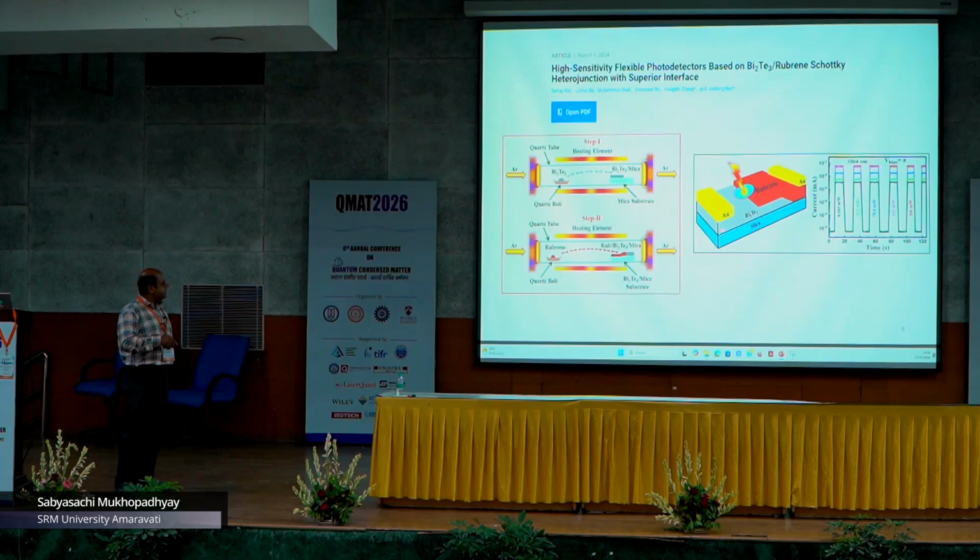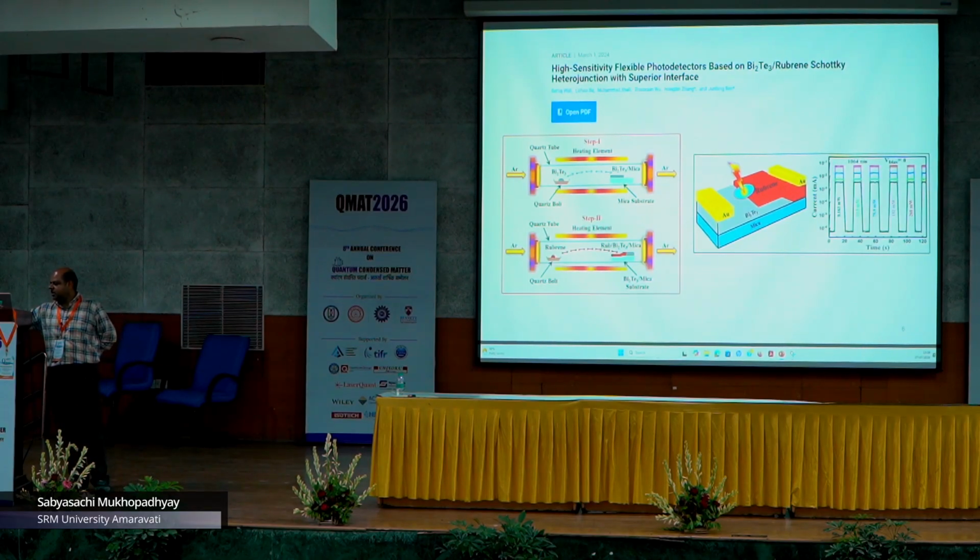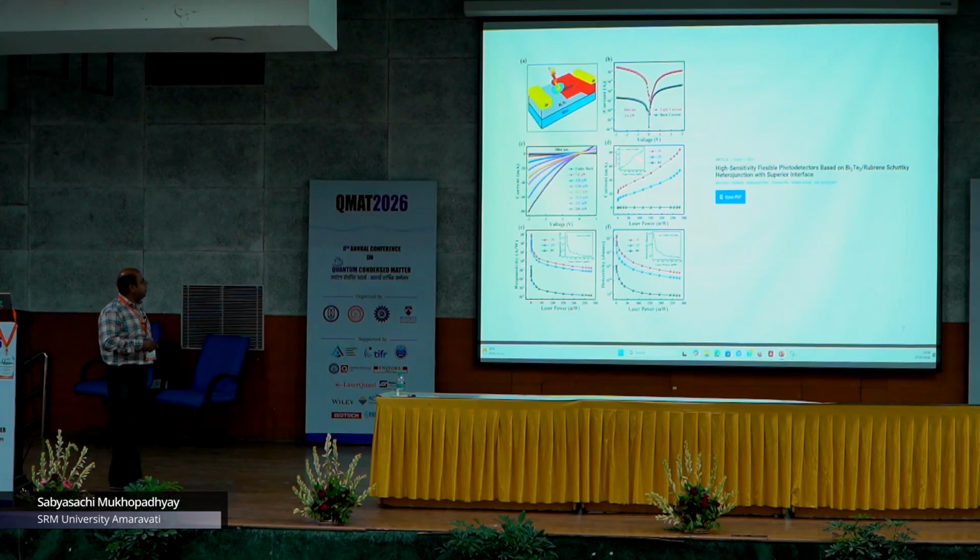So you evaporate organic materials and it finally goes and sticks on the surface in the presence of an airflow. They have made a detector where you have a gold electrode, and in between you have a heterojunction, which is a two-dimensional inorganic material and then the organic material rubrene. They studied the optoelectronic properties at wavelengths around the near IR, which is important for photodetectors in our communication purposes. They also reported the dark and light current, where we see an increment of 10 to the power 3 orders of magnitude, and with the shining of the laser, how the DC current changes, what the responsivity of those detectors is, and what the detectivity of those detectors is.